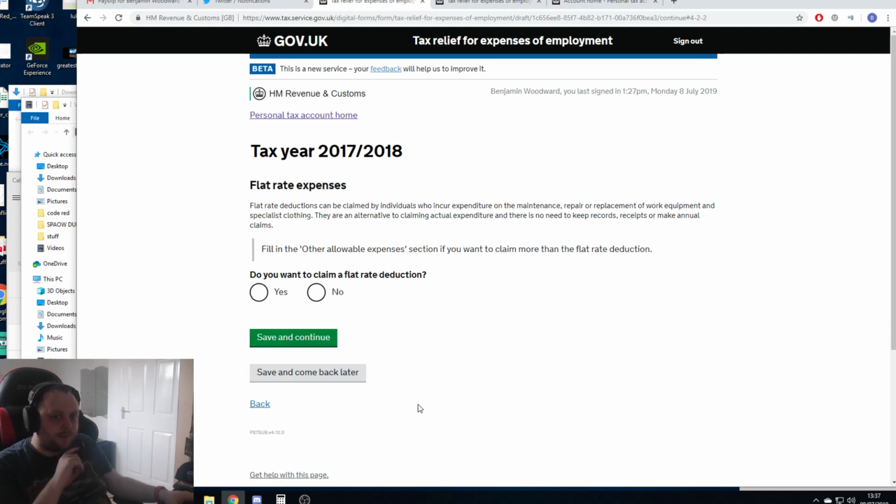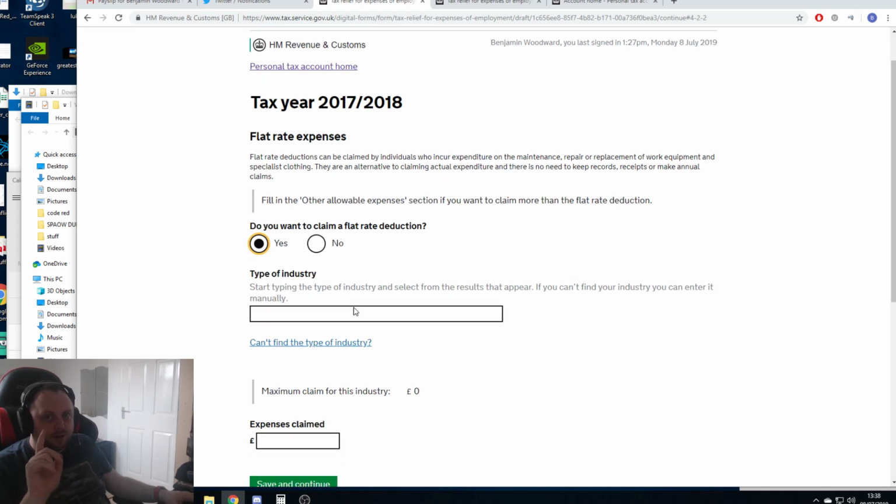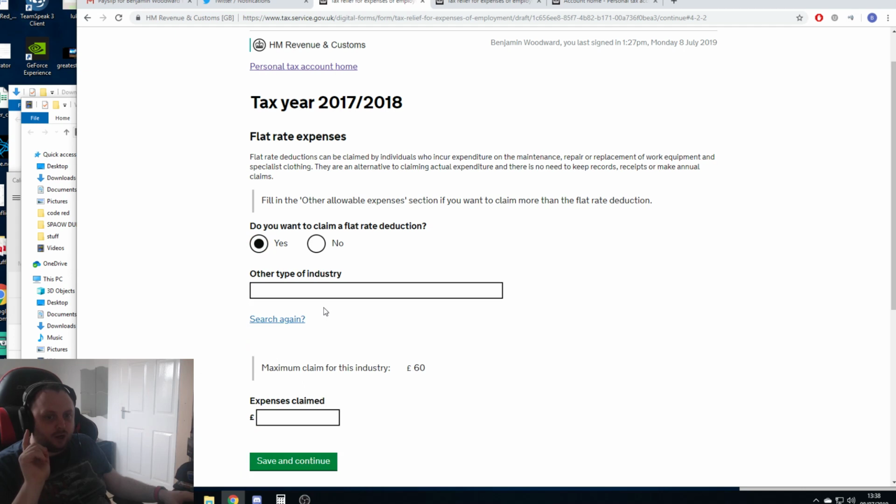This is the important bit. Flat rate expenses. You want to be ticking yes to this box because it gives you an allowance for your job. It's actually, if you work in construction or you're a nurse or something, you get a higher expense rate. By expense rate, I mean if you're a nurse, you might get £160 a year towards clothes, or if you're a mechanic, you might get 120. For me, because I'm a pleb and I work for an esports